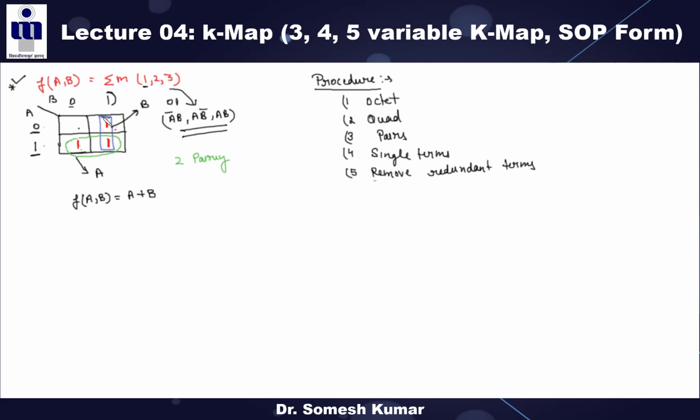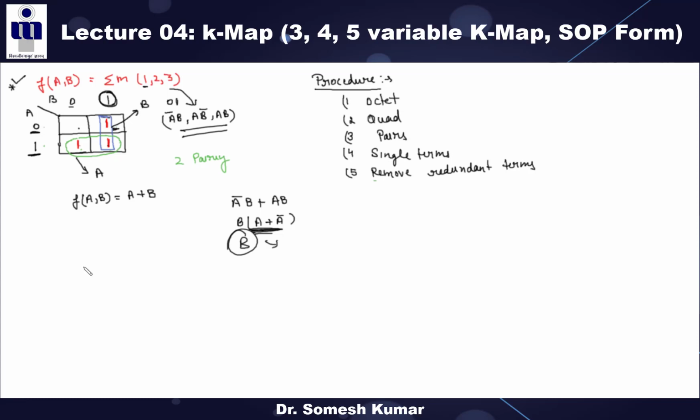In the opposite way you can see these two terms. What are these terms? A bar B, and the second term is A B. As per the Boolean expression, A plus A bar is 1, so B is your answer. Similarly, here we have to ignore these different terms because this becomes the pairing, and if there is a pairing A plus A bar, it becomes 1. That's why we take only the common terms between these two pairs. So we take only the common terms between the pairing.